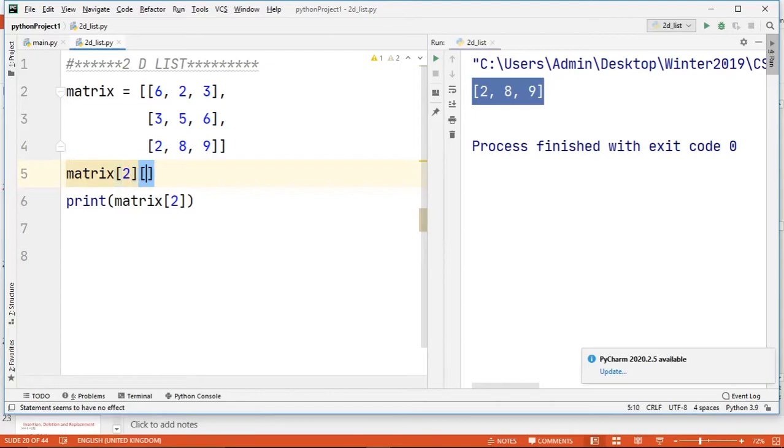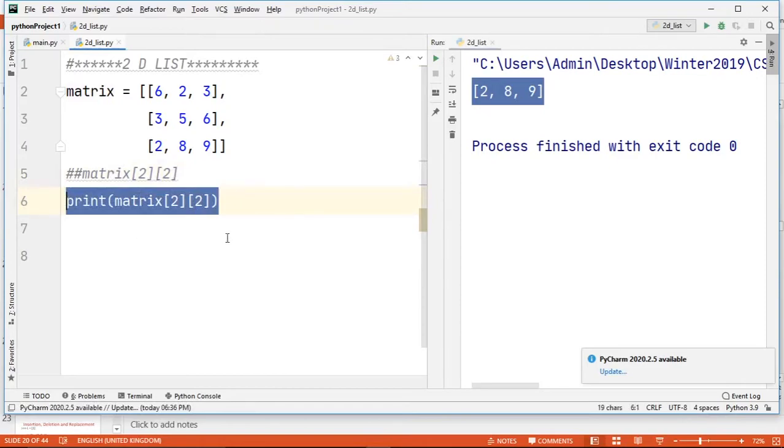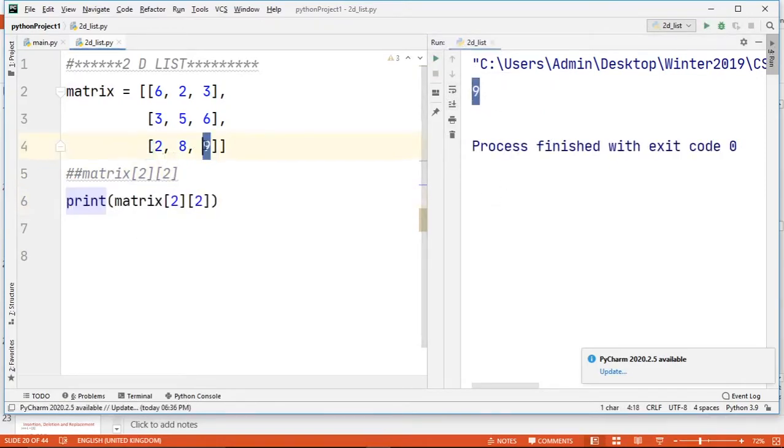So here, if you type 2, 2 and print it, this alone will print the 9, because the row index is second and the column index is also second. So 2, 2 reveals the element 9.